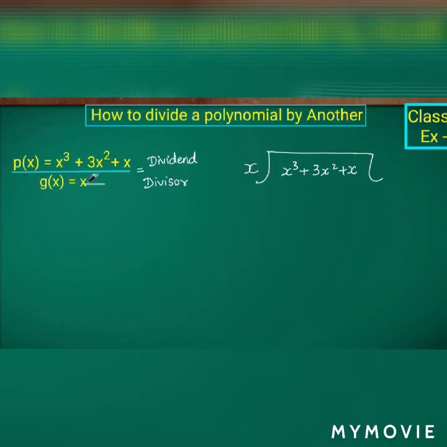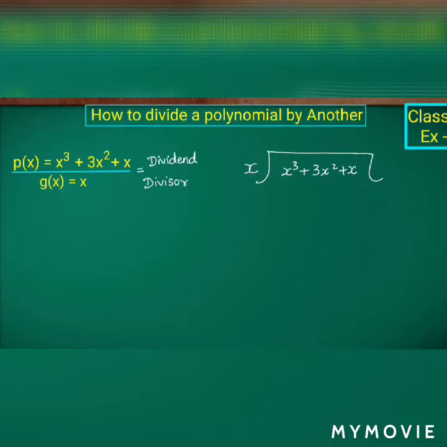If you observe here, the highest power of the polynomial is x power 3, isn't it? That is a third degree expression. So we have to take it as the dividend, and the least power we have to take as the divisor, so that the dividend is divided by the divisor. That is how we have to find the factors for the given polynomials. Always keep in mind that the highest power should be the dividend and the least power should be the divisor. Whatever the polynomial may be, it always depends upon the highest degree expression as well as the least degree expression.